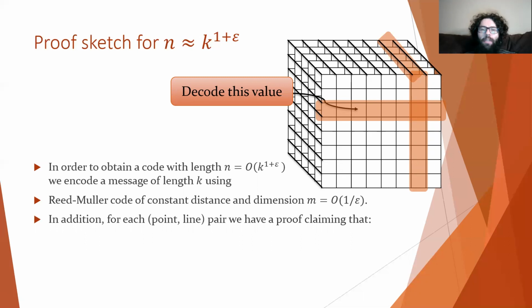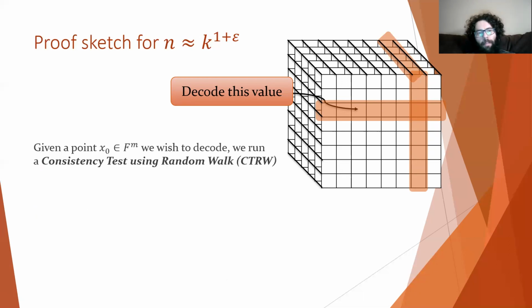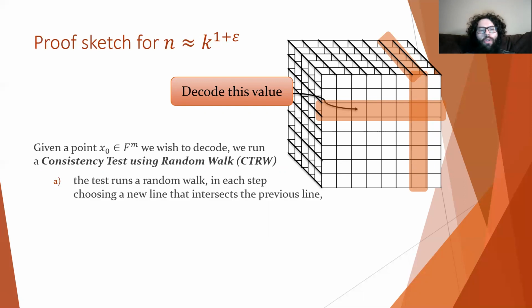What is the decoder supposed to do? It expects this line to be low degree, the row to be low degree, the column to be low degree, and this line to also be low degree. And in addition, for each line and point, we have a proof claiming that the line is close to a low degree polynomial and the point is consistent with this low degree polynomial. So for every intersection point, we ask for the intersection point to be consistent with the next line. So what's really going on is